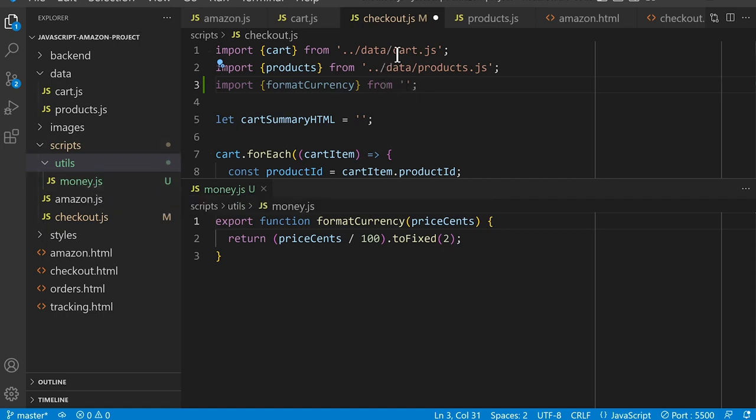So here, we're in the checkout.js file, which is right here. And to go here, we're first going to go into the utils folder. So we're going to type utils and then a slash to go into this folder. And we're going to locate the file